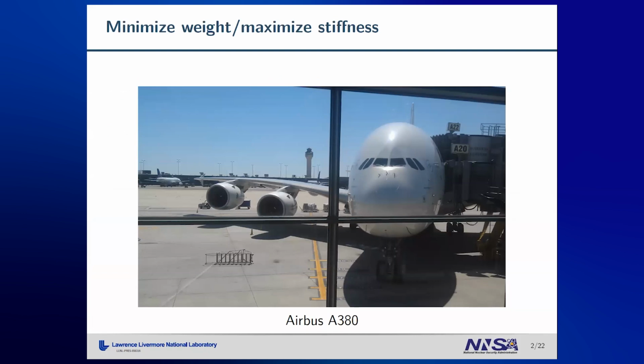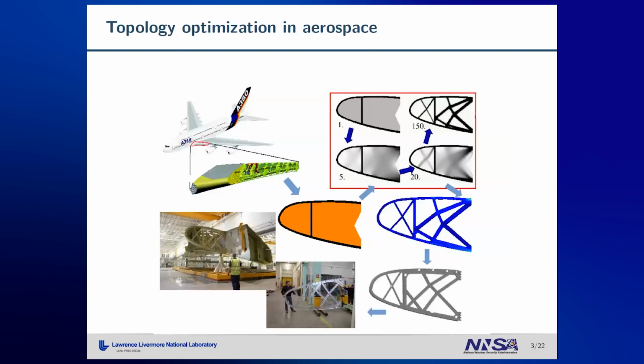So why do we need optimization? Well, I'll start with a classical example: designing an airplane. For a passenger, it's important for the airplane to transport them safely from point A to point B. For the company, they want to make a profit, so they want to put as much weight as possible on the airplane. Therefore, they would like to reduce the weight of the structure and at the same time transport the passengers safely. And that's how it went back in the 90s. That's an example of how topology optimization can be applied in this process.